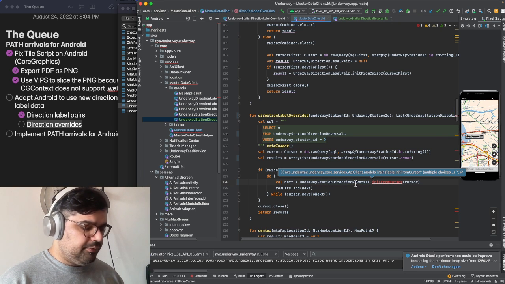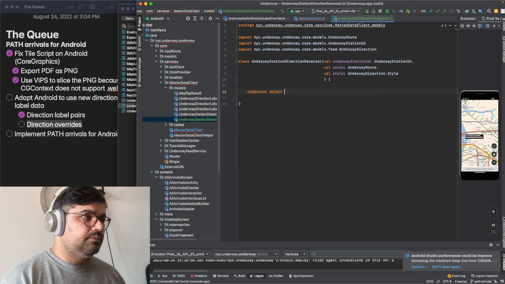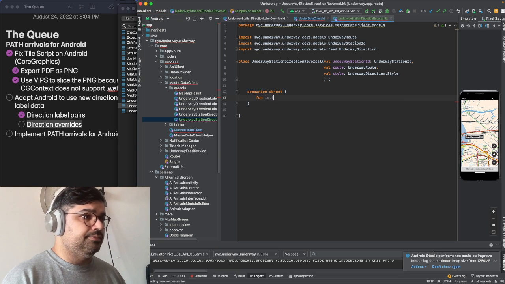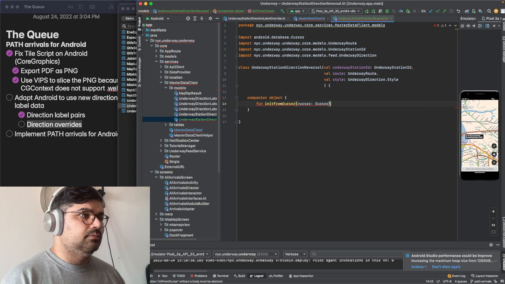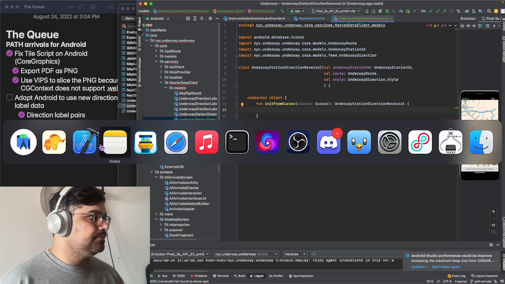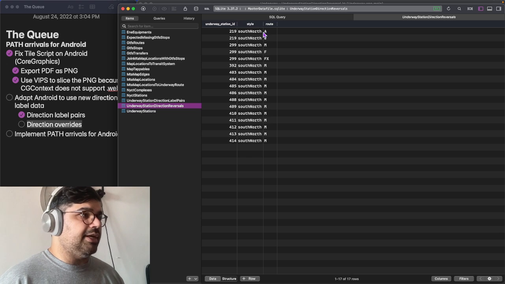Then we'll need to define this. And static objects in Kotlin go on the companion object. Direction style and